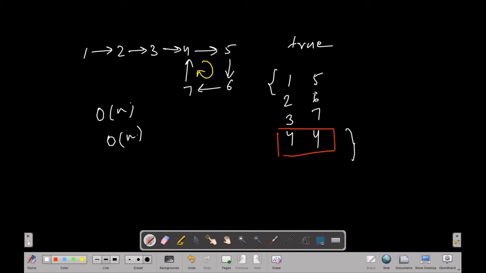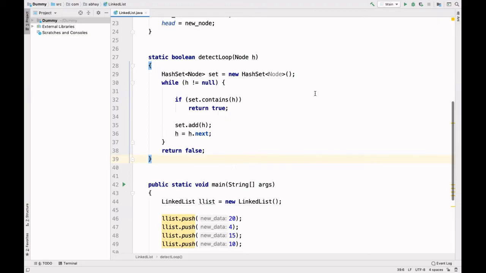Now let's see the code implementation for this one. Okay, so here we have the code. As you can see here, we have a function called detect loop, which returns a boolean value. We created a hash set here, called set, and it will store nodes. In this function we have passed the head of the list as a parameter.